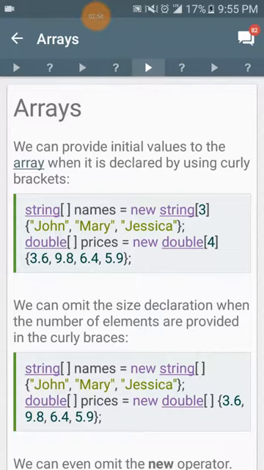We can omit the size declaration when the number of elements are provided in the curly braces. We do that this way. string[] names = new string[] {"John", "Mary", "Jessica"}; And the same idea goes for the double array. double[] prices = new double[] {3.6, 9.8, 6.4, 5.9};